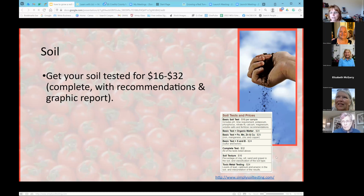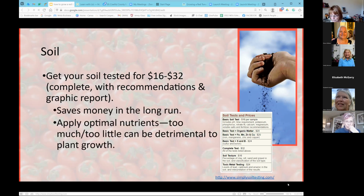And for the same price, you can send it in and get not only the analysis, but also recommendations on exactly what you need, because if you just guess, you won't do it right. What you want to understand, though, is that living in Western Washington, we are starting out with pretty much zero nitrogen in the soil because the rain washes it out, unless you've added a lot of compost over the years and you're covering it over the winter with a tarp or something so the rain can't wash it out. But getting the soil test really will save you a lot of money in the long run, and